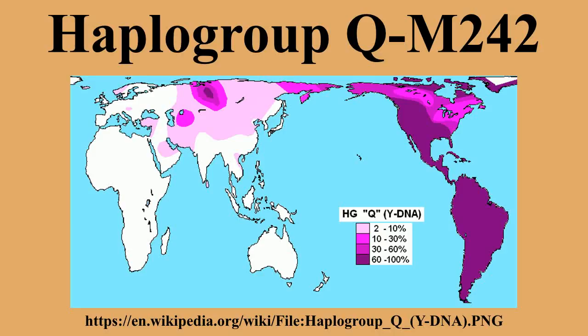Today in Mesoamerica and South America the frequencies of Q-M242 among the whole male population of each country are lower than in indigenous Amerindian populations, but nonetheless run far higher than in the population of North America. The frequencies of Q among the whole male population of each country reach as follows: 61% in Bolivia, 51% in Guatemala, 40.1% to 50% in Peru,